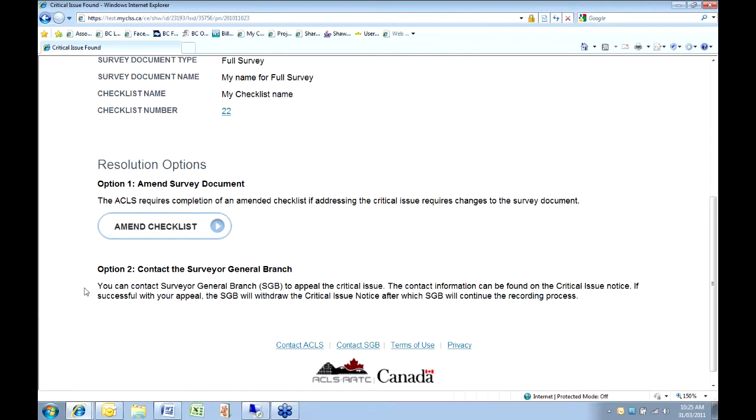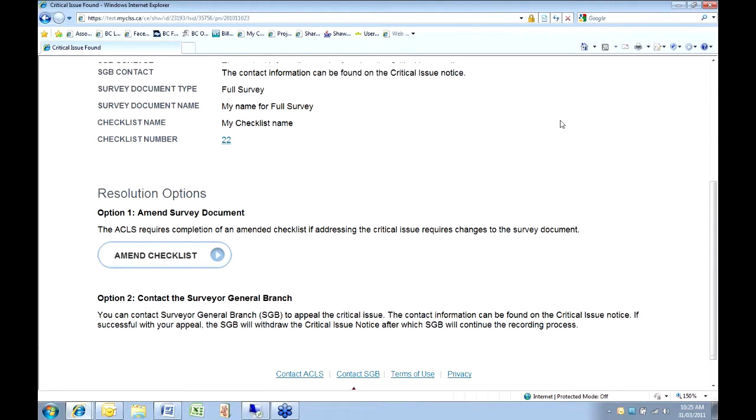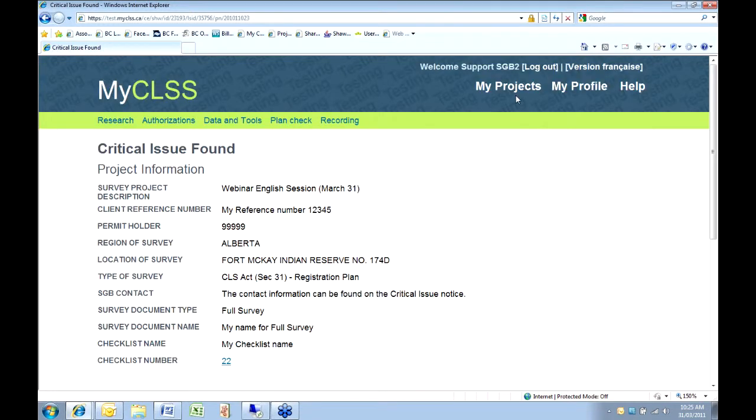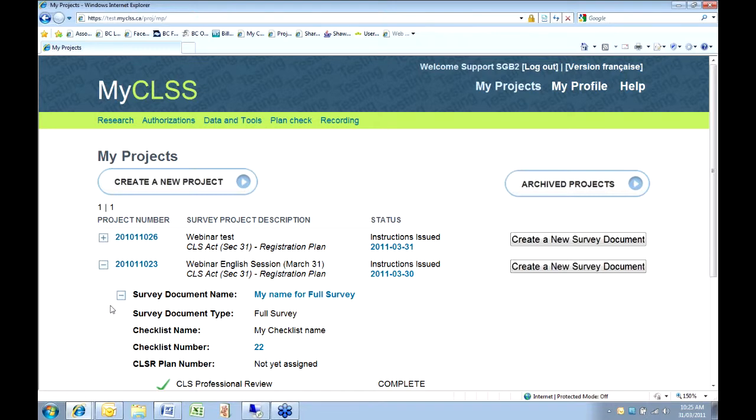So at this point, I can show that if you're successful with your appeal, then we have the ability here to withdraw the critical issue mode there, and that will bring you back. I can do that right now. Okay. So I'm going to remove the critical issue mode there. Okay, should be it. So if we go back to the project page, we should be back to in progress